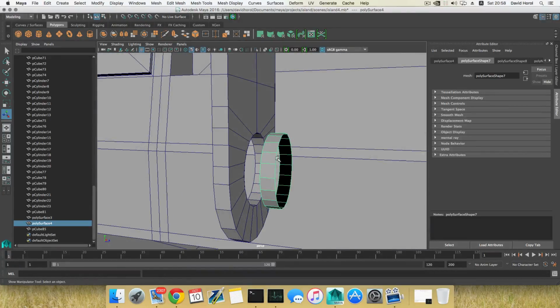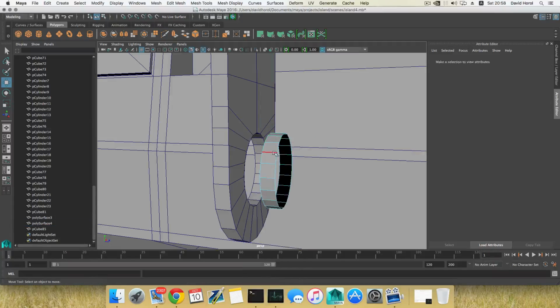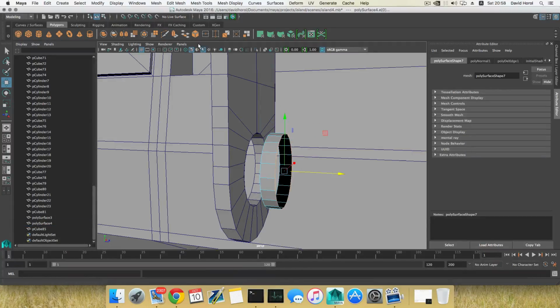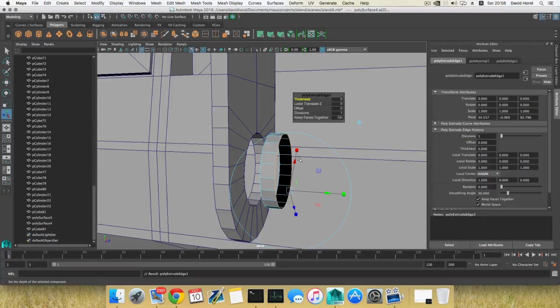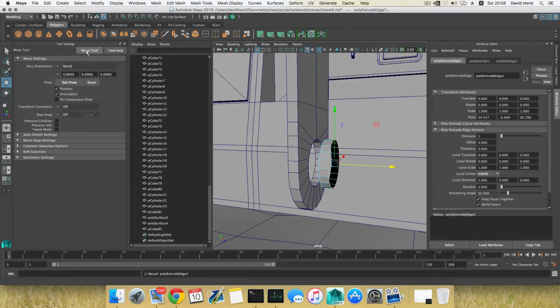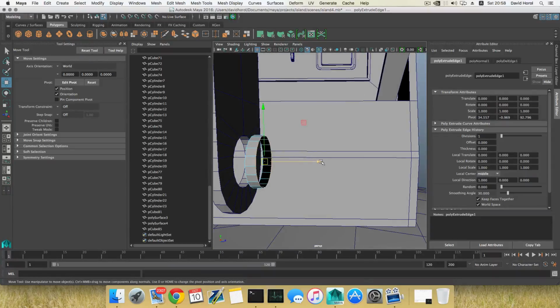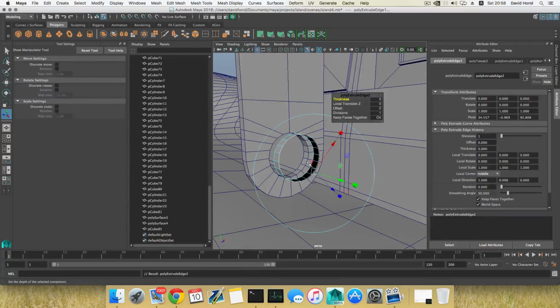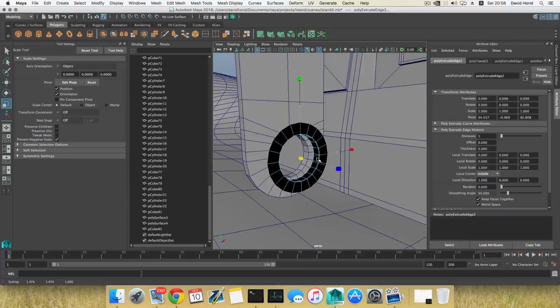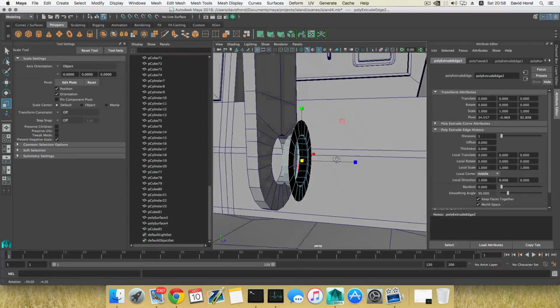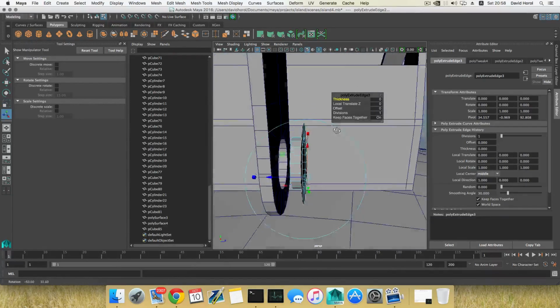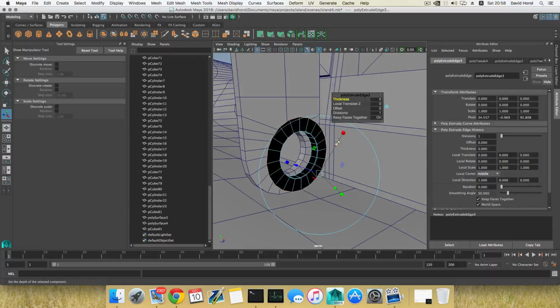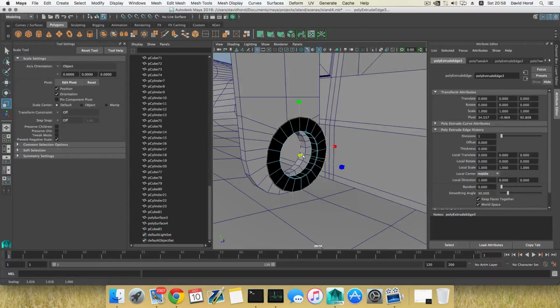So now I'm gonna right click, choose edge. I'm gonna double click on this edge. I'm gonna click extrude one time and immediately switch to move tool. Now, by the way, you want to reset your move tool, okay? And just bring it a little bit outside like so. Extrude it once more, switch to scale tool, and do something such as this, okay? And then extrude it once more, switch to scale tool, just a little bit more,